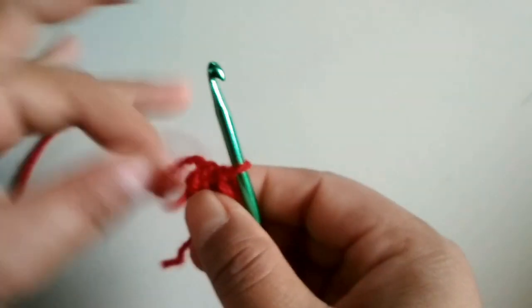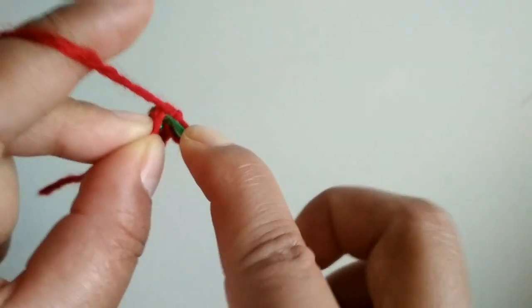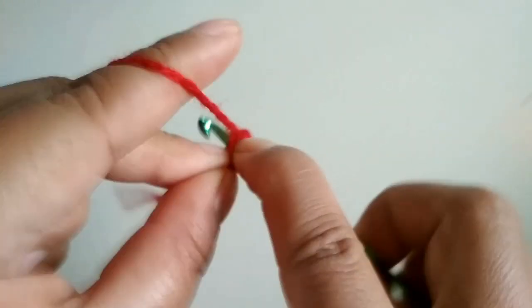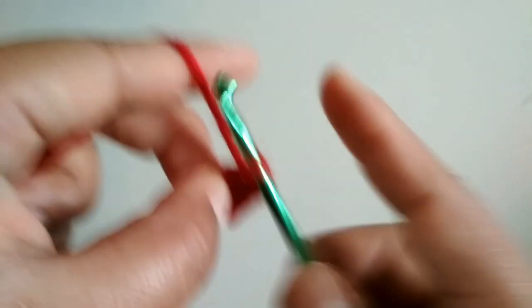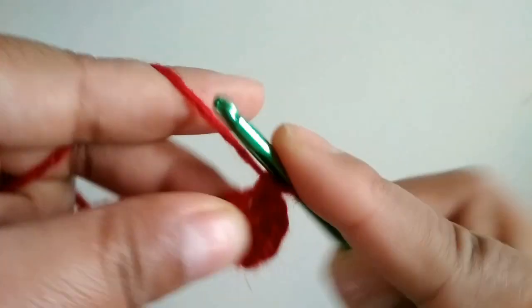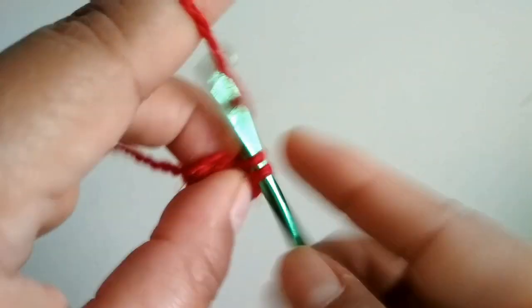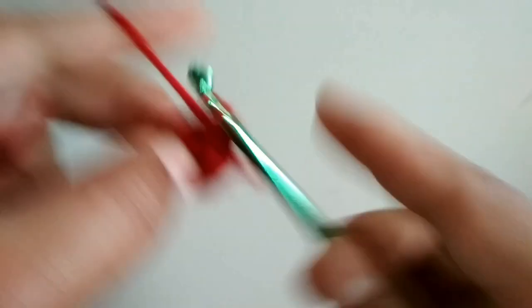For the leg part, we will put 6 single crochet into the magic ring, chain up 1, and we will increase all around. So we're gonna put 2 single crochet here, 1, 2, another increase, third increase, fourth increase, fifth increase,